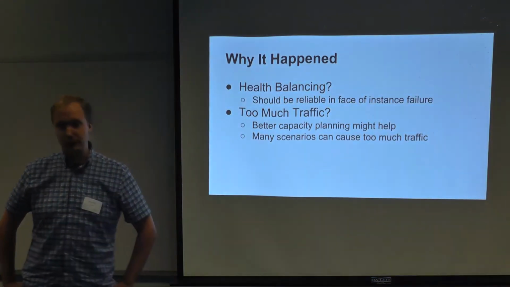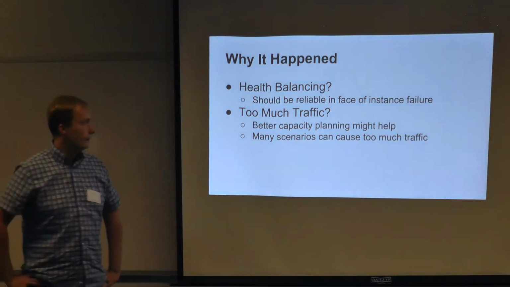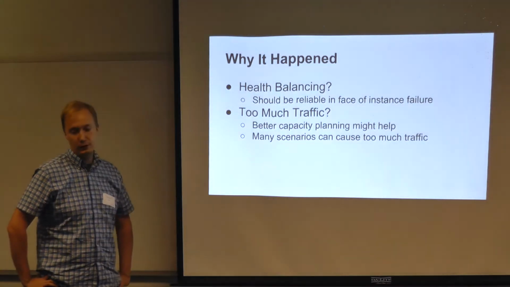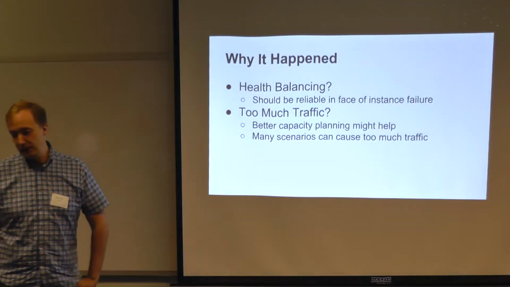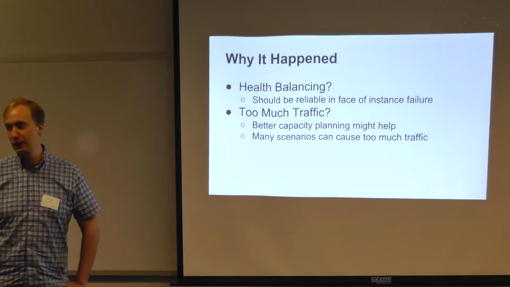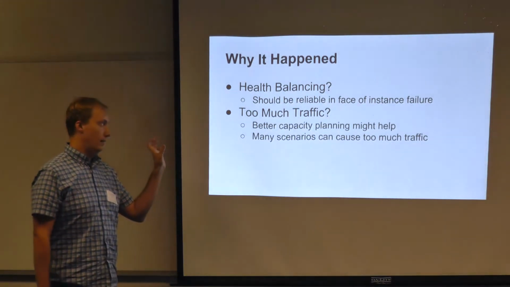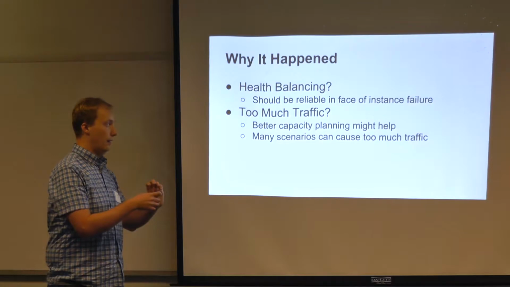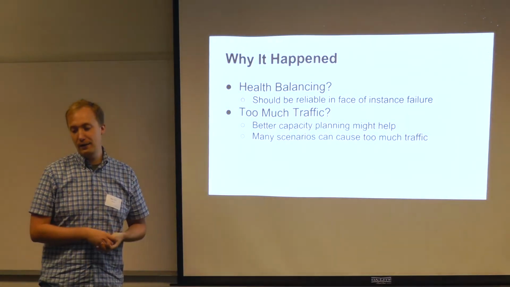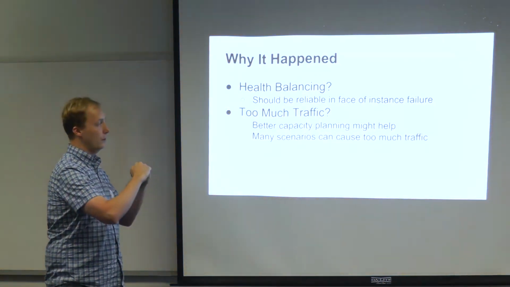Another way you could look at this problem is we just got too much traffic and we didn't properly capacity plan for it. So we could do things like have better capacity planning to address this sort of problem, but ultimately it's really hard to predict all of the scenarios under which you can get a lot of load. If we want to provision the service such that a single instance can go down, we need to provision for like 2,000 QPS